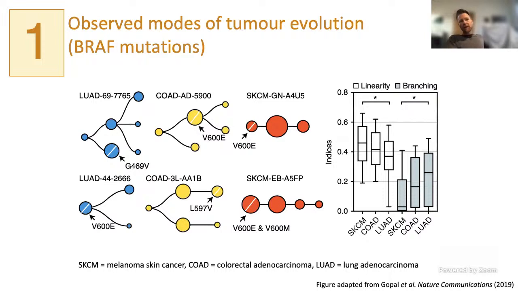And this is, again, some data. So this is from a 2019 paper, which looked at 3 cancer types. And they were looking particularly here at BRAF mutations and the shape of evolutionary trees in these tumors from a large database. Now, there are some caveats about this approach, but what they found is that there are different degrees of linearity or branching within these tumor types. So particularly SKCM, which is melanoma here, tends to have more linear trees than the colorectal and lung cancers.